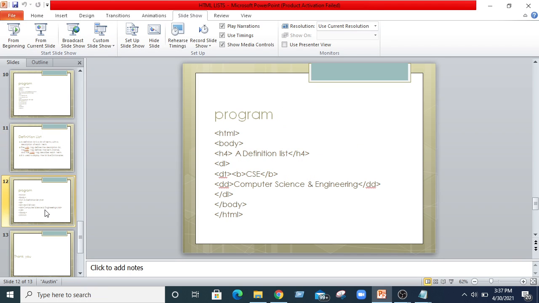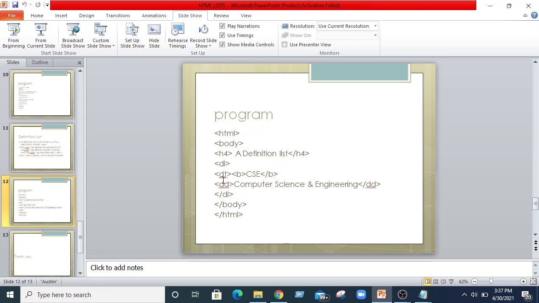Let us consider a small program for another list, the definition list. This is my definition list. I am giving only the abbreviation CSC. I am going to place the DL tag. Within the DL, I am going to place the DT and DD.